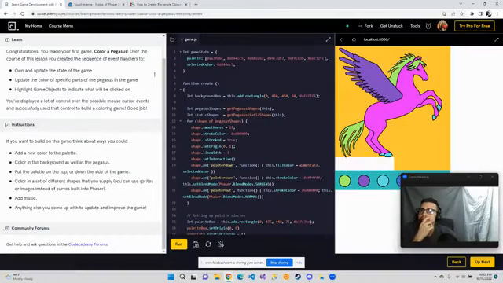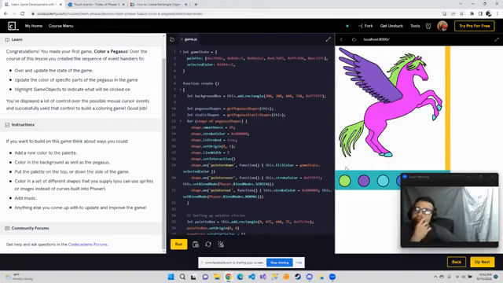So XY, the width and the height. So 550, 440. So that's the width and this is the height right here. Okay. So